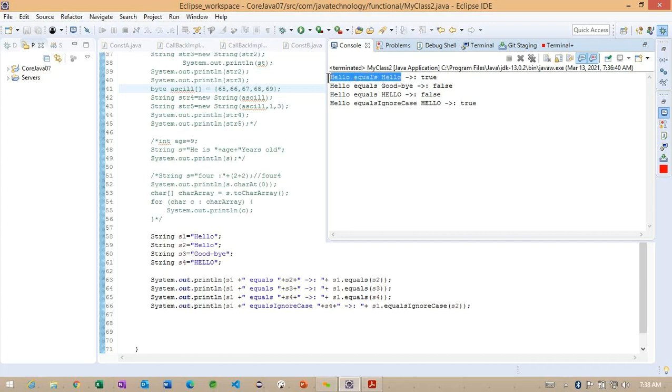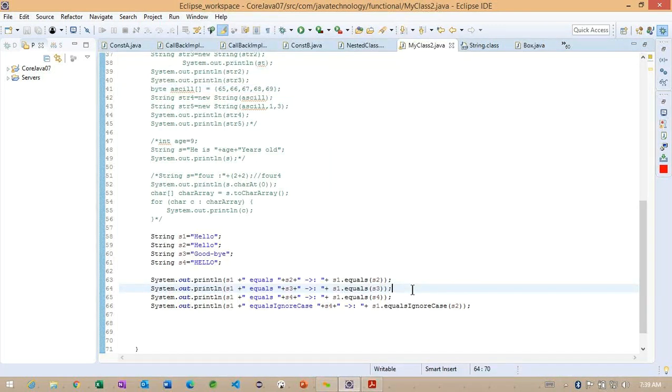Which scenario can we go for it? Basically, the equals method is going to point to the same object. It's not going to check for case sensitivity here. If we have different cases, it's going to return false. This is very important, because in real-time applications we are going to use it more and more.